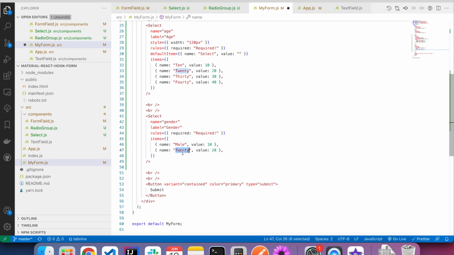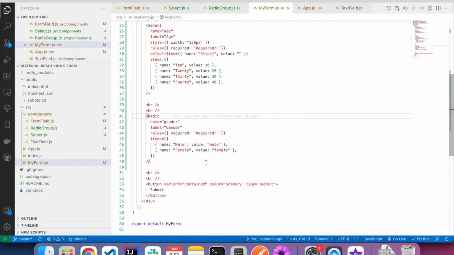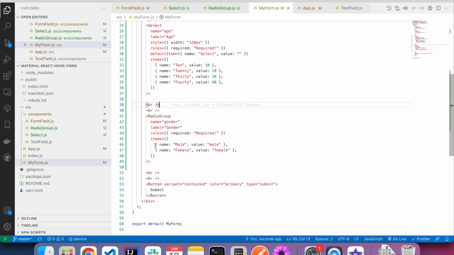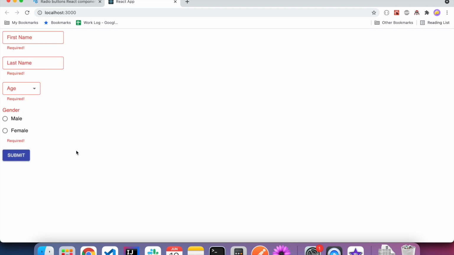Change it to male, female. I'm going to submit this form. It is validating. If I select any one of these, it is accepting them.